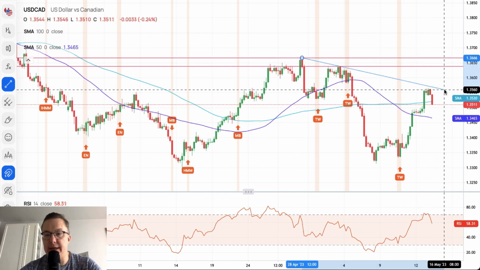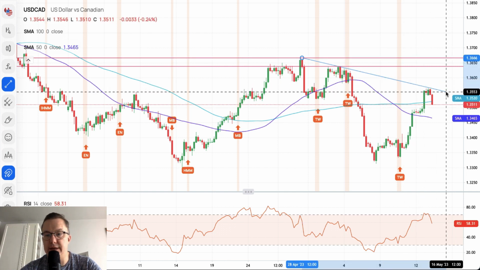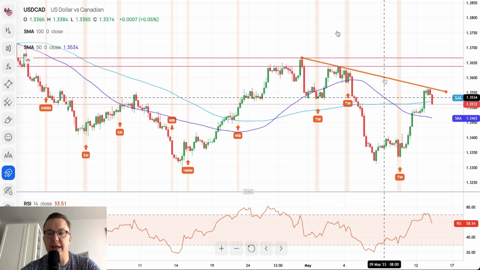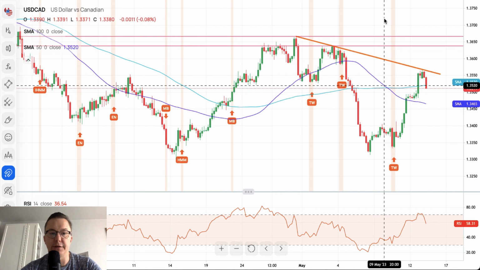And now I'm trying to place, there you go, this is the short-term trend line. So it looks like it's a technical market, because all of the levels and lines are being respected for now at least. So what do we see here?